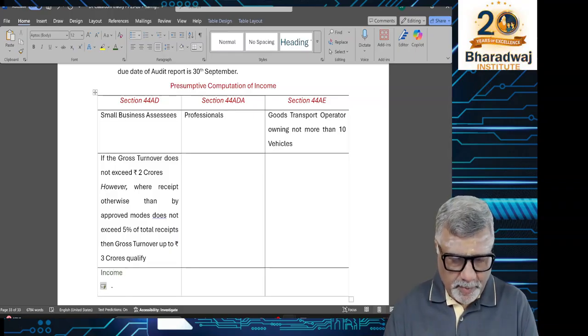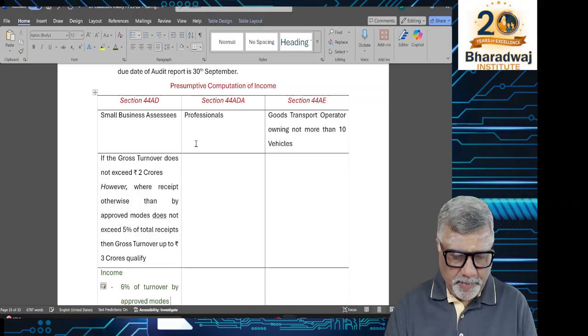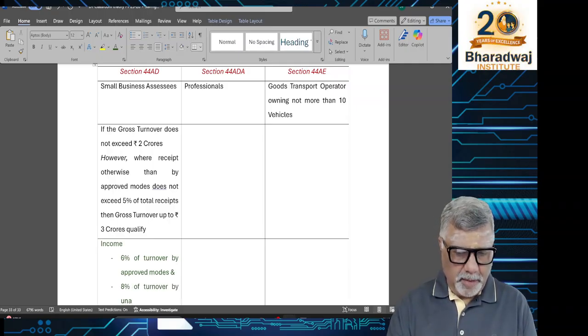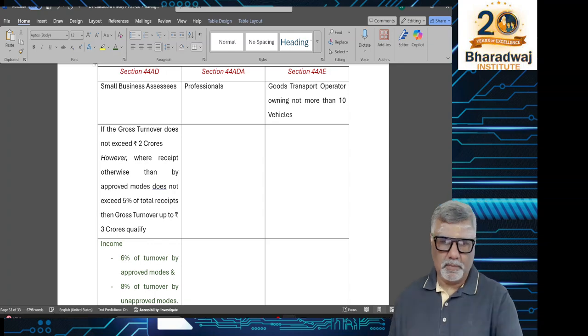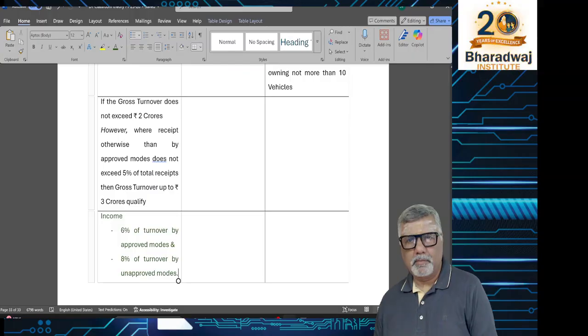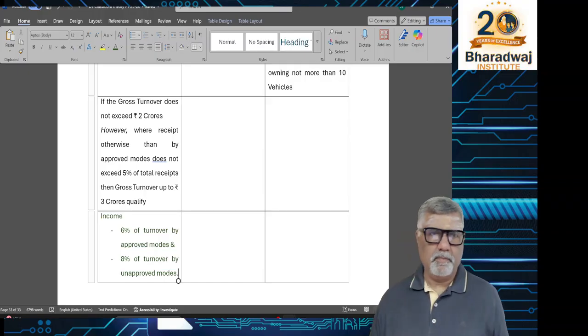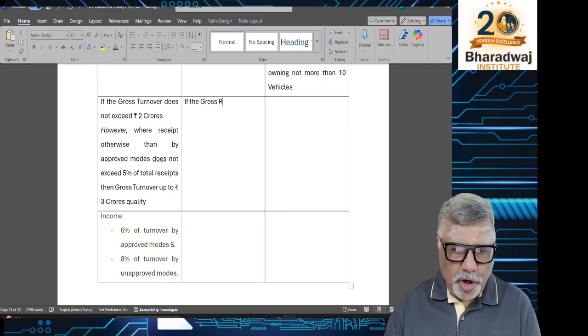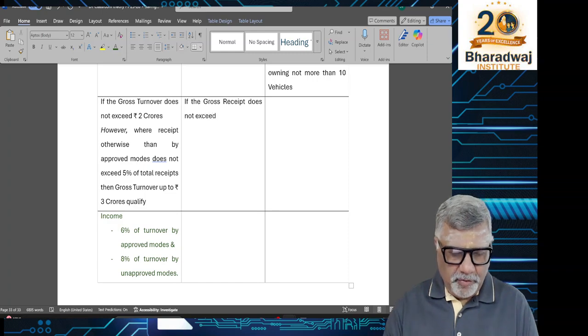Income is 6% of turnover by approved modes and 8% of turnover by unapproved modes. Am I clear? Okay. In the second case, if the gross receipt does not exceed 50 lakhs,